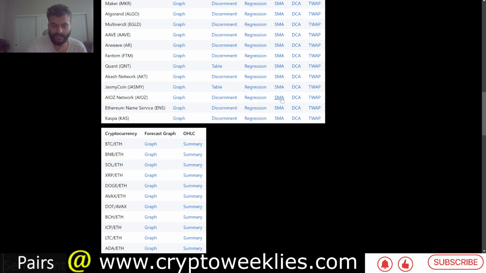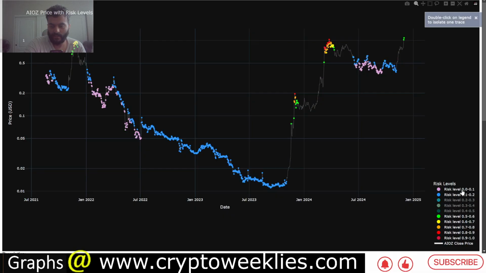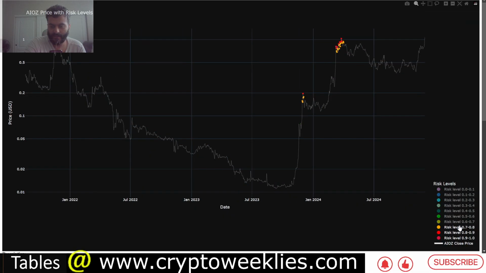So in terms of the simple moving average, these are the 3 accumulation models for AIOS. The SMA model and the color coded price with respect to the SMA model points to the risk level at around 65%. Again, if the hypothesis is that whenever the risk levels are above 70 or 80%, DCAing out of the market or taking profit at those levels has been useful at this point in time. Again, this is not financial advice.